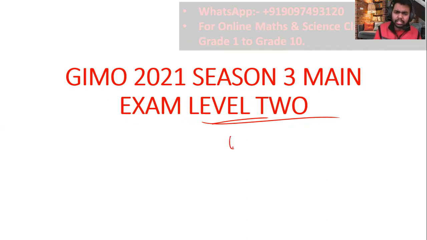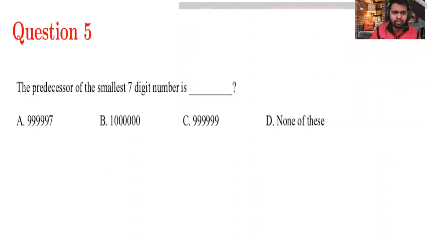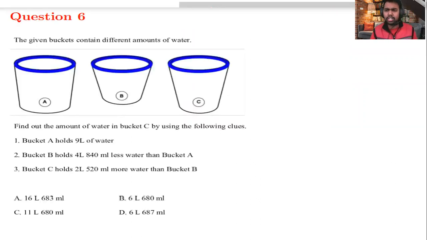So as you know, there are a total of 60 questions and 1 hour of time is allocated to each and every student. So keeping that in mind, we are going to discuss from question number 6, because up to question number 5 we have already discussed. So here, try to understand question number 6. This is question number 6, and there is the information, the clues, which are given here.